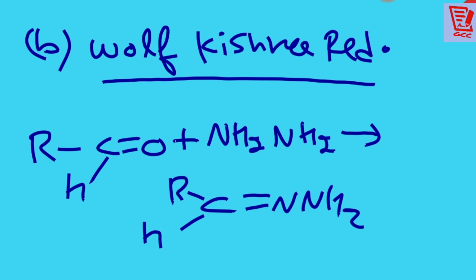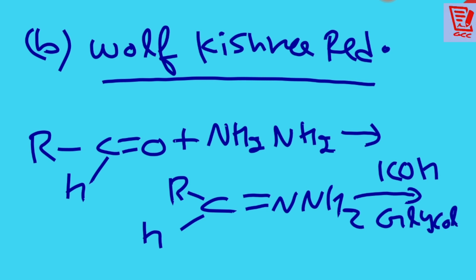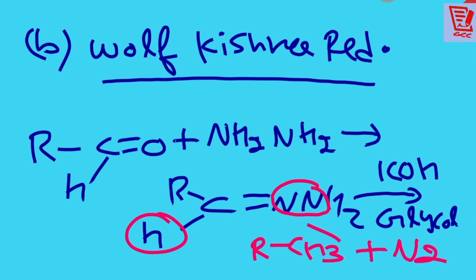In this case we have to give its reaction with KOH in the presence of glycol. Now what will be formed here? From here N2 will be removed. This is 1H, this is 2H. So what is left there? RCH3 plus N2. Again a hydrocarbon has been formed, meaning an alkane. Because at the start we wrote reduction to the hydrocarbon. In the Clemmensen reduction also we made alkane. In the Wolff-Kishner reduction also we make the alkane.